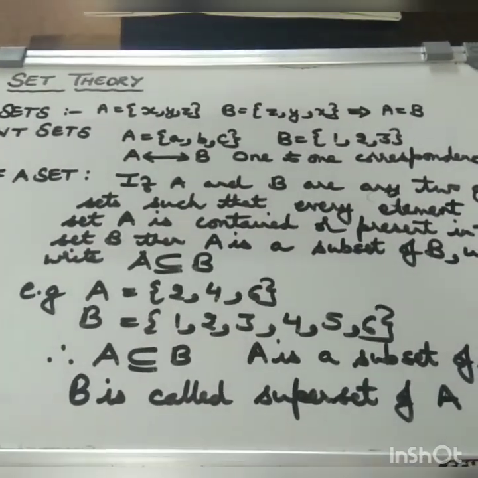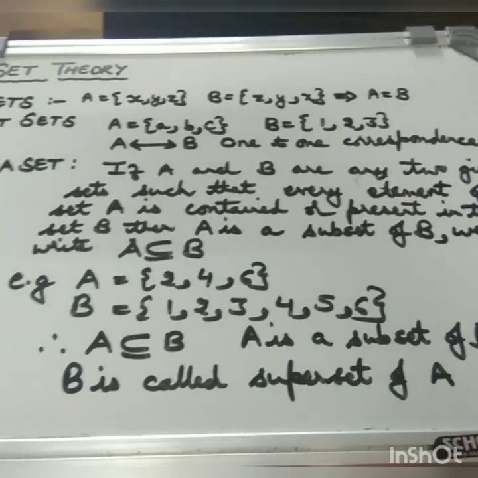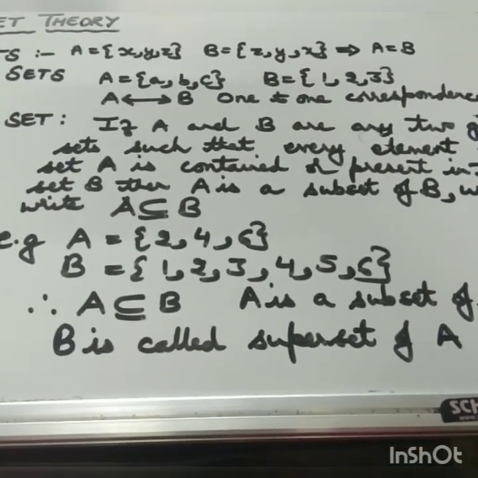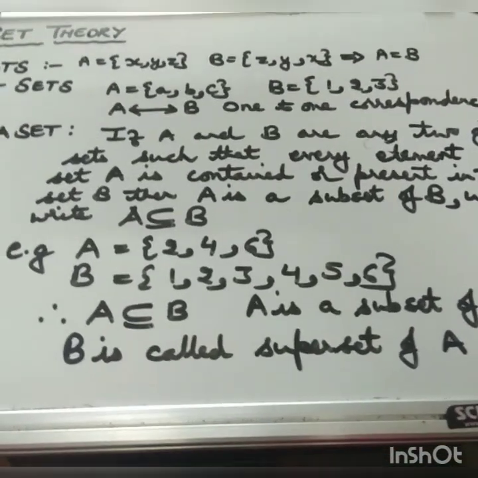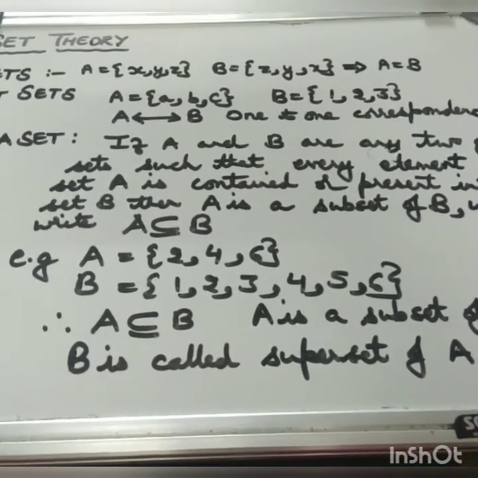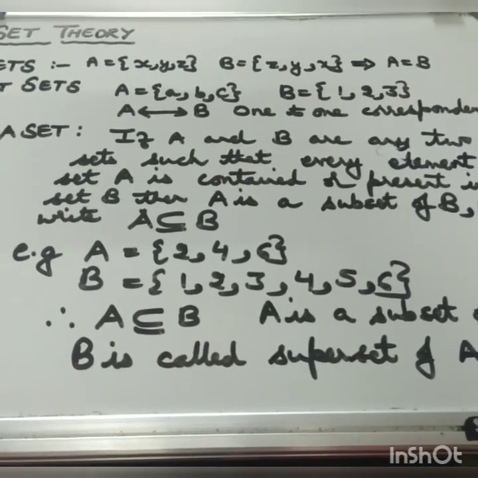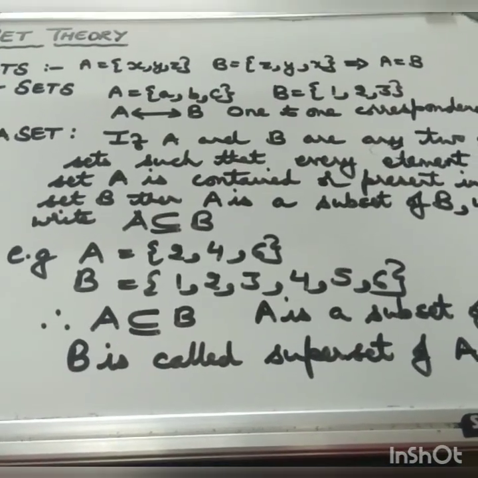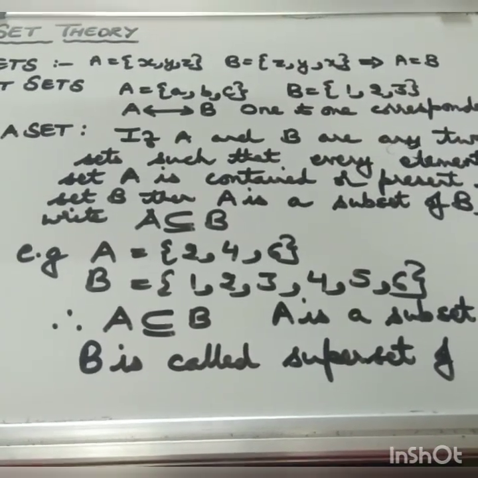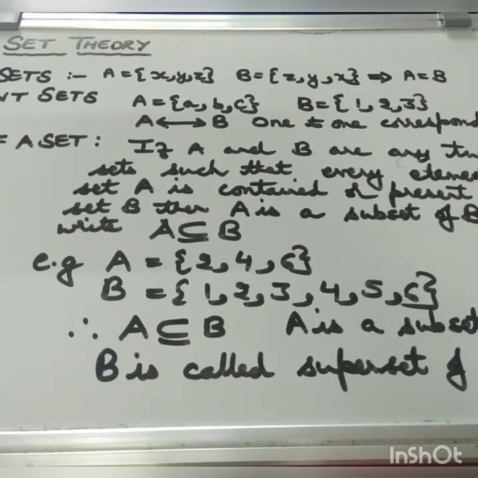Now we will do few more types of set. One is called equal set, the other one is called equivalent sets. Equal sets, of course, as the name suggests, are when two sets are having same elements, coincident elements, equal number of elements, then we call them equal sets. For example, A is x, y, z, simply rearranging the terms, if I write B is equals to z, y, x, then this implies A is equals to B. That is, set A and B are equal.